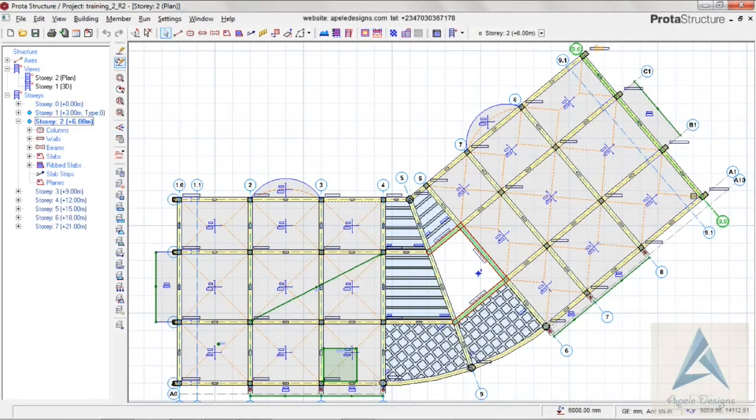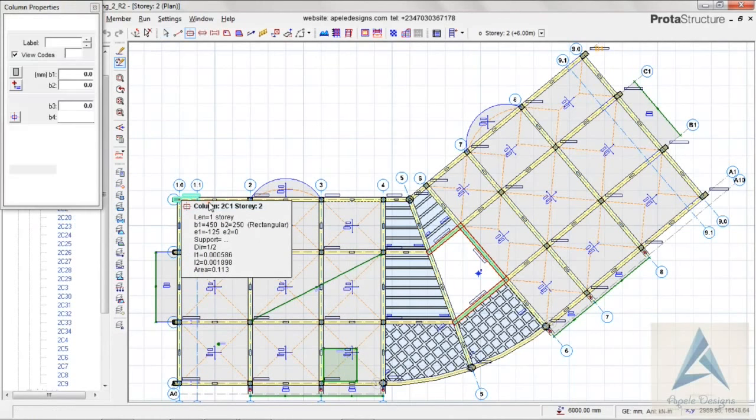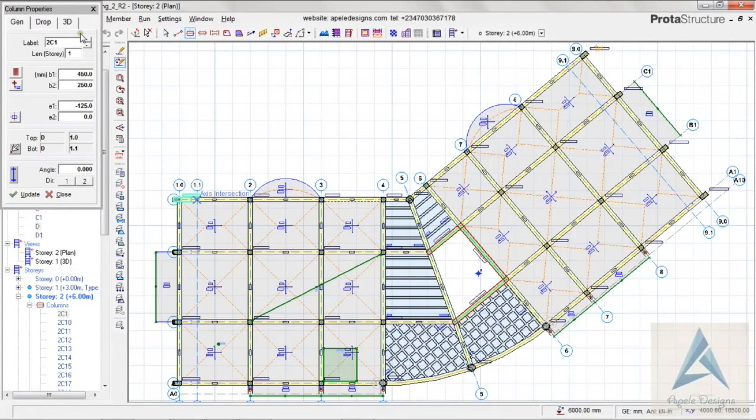We want to make some modifications, so I don't want story 2 to have the slanting columns. So I'll click on a column. Let's click on this one first. Right click, properties. Then we'll come to pick bottom insertion points and specify this again, taking it back to its former look. I'll click update,